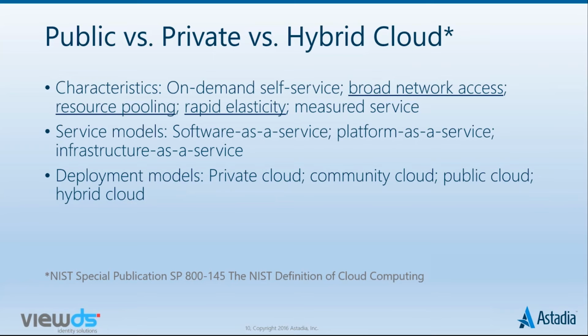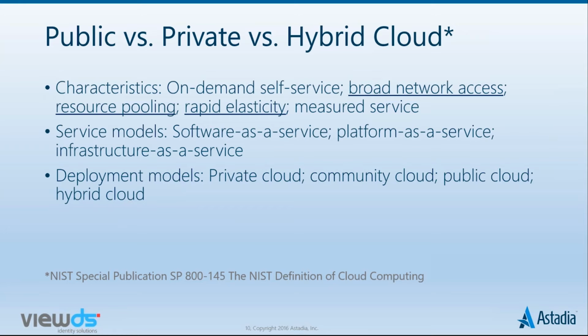But along with this general notion of cloud computing, they also describe different service models: software as a service, platform as a service, and infrastructure as a service. Software as a service is a complete application that's delivered on a cloud platform. Platform as a service provides components of applications or application services that are delivered in a cloud environment. And infrastructure as a service is fundamentally basic computing resources like virtual machines, virtual networks, and storage.